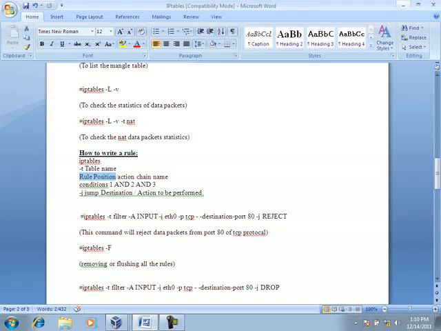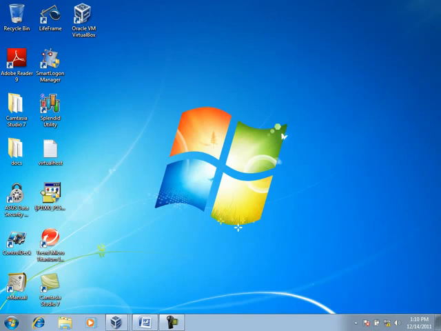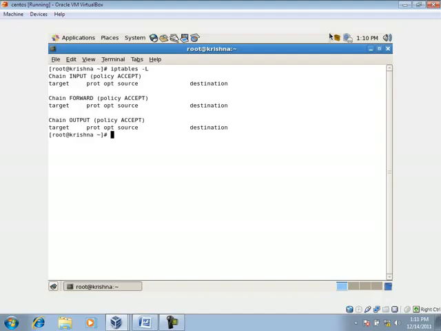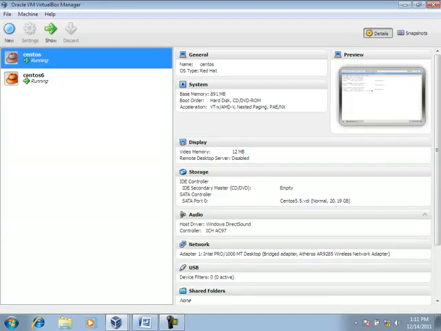So let's do that now. So I'll go to my server. This is my server. I'll type iptables -t. The table name is filter. So we are applying it for the filter table,